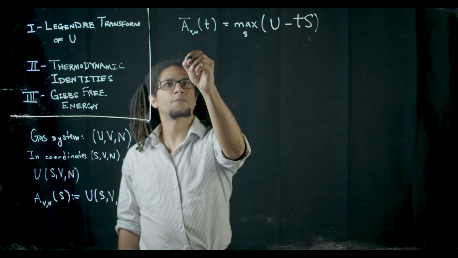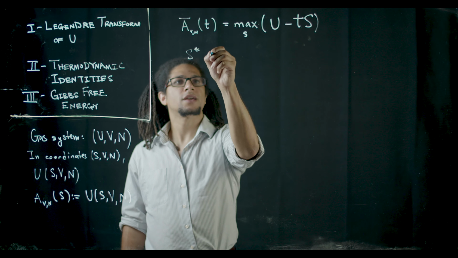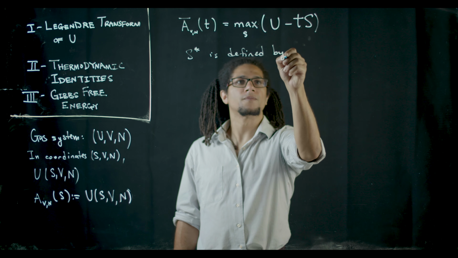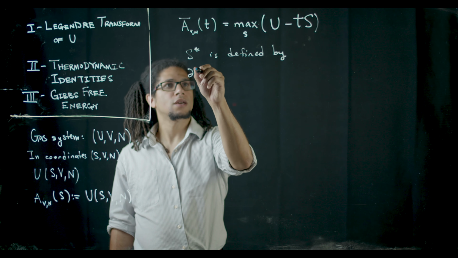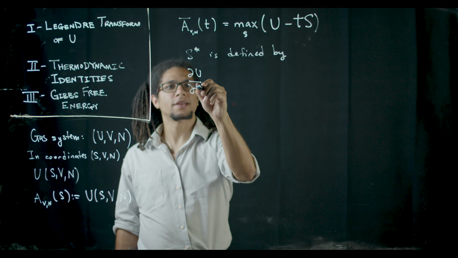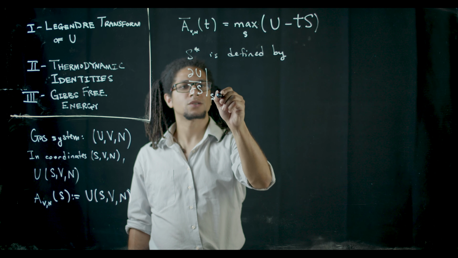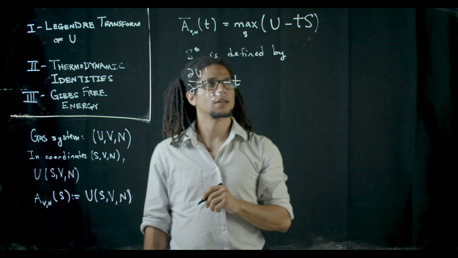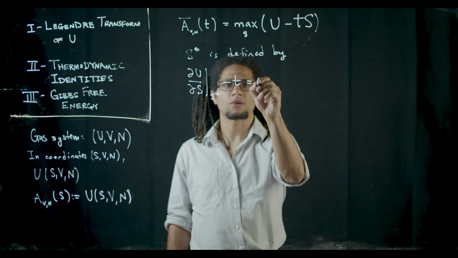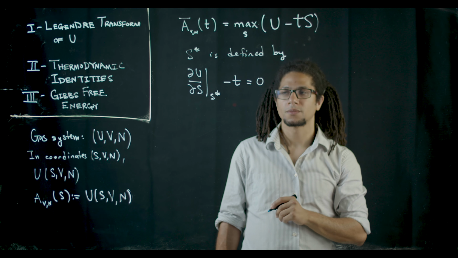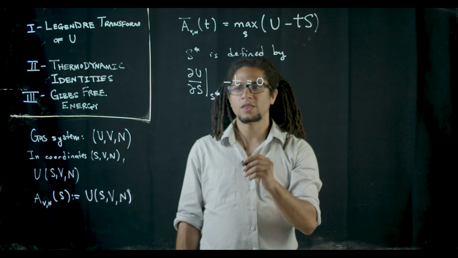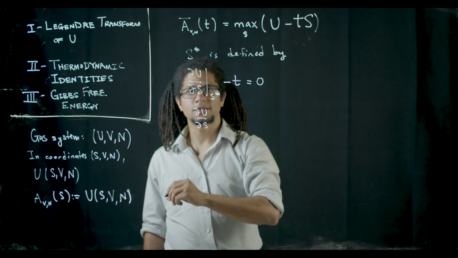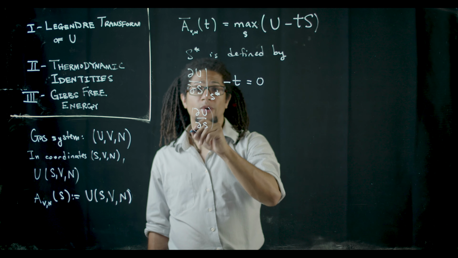So S star is defined by dU/dS evaluated at S star minus little t is equal to 0. Okay, and moving this to the other side, we see dU/dS evaluated at S star